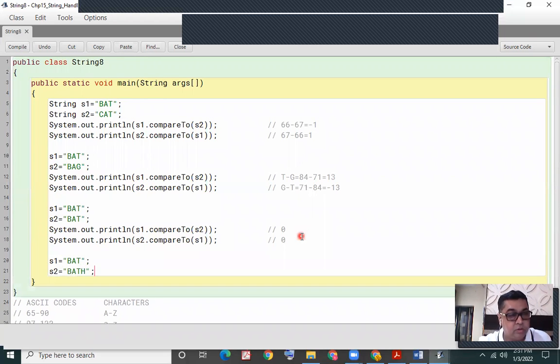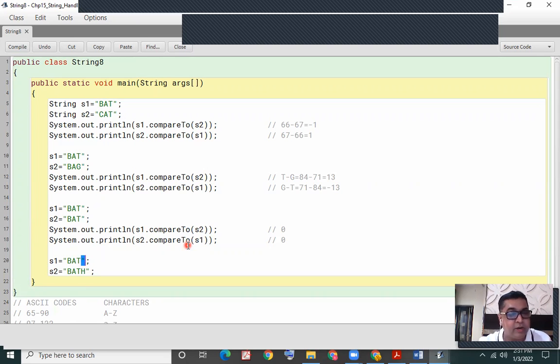bath. So the S1 string has 3 letters, whereas the S2 string has 4 letters. The first 3 letters of S1 and S2 are the same. So I'll tell you on what basis the comparison will be made. The 4th letter of S1, which is not there, will be taken as a null character, and it will be compared with the letter of S2, which is H. Here it will be taken as a null character.